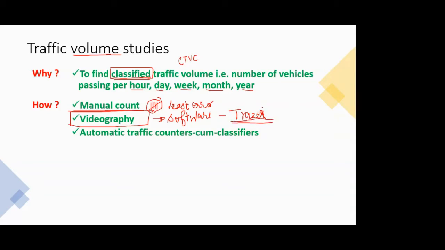But again, there is the possibility of error in the software as well, because no software is perfect, no count is perfect. If there is an unusual type of vehicle or a new type of vehicle which is not updated in the software, it will give a question mark whether to count it as a bus or a car. But surely you will reduce your workload to a considerable amount by using the software.